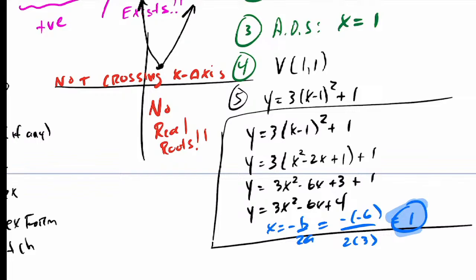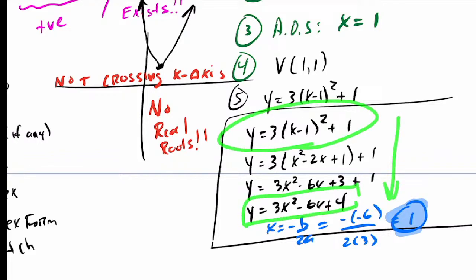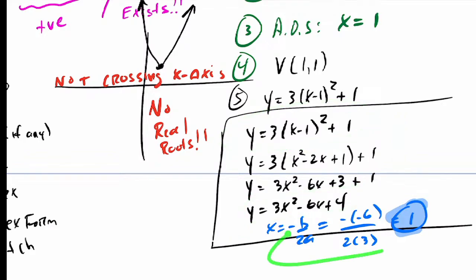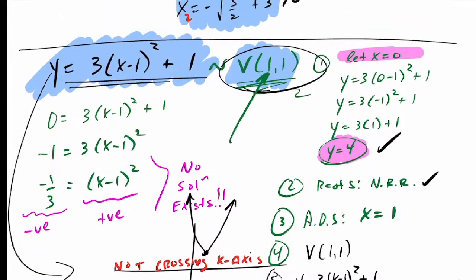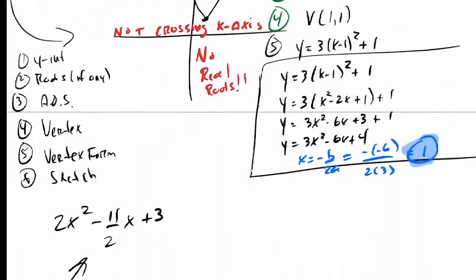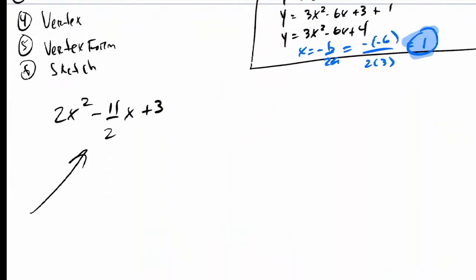But if for some reason I forgot and I expand everything out as Mina had suggested, and I got this quadratic in standard form, you can do negative b over 2a and get your axis of symmetry just the same. So that is an option as well if you want to go ahead and do that. An example would be like